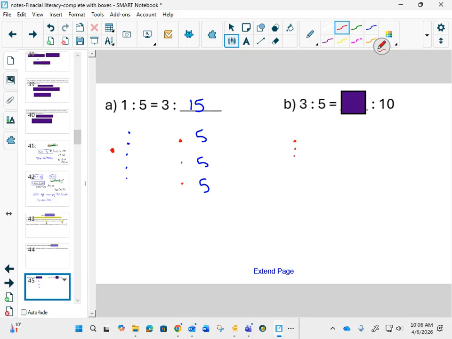3 red means you would have 5 blue. And over here it told me I have 10 blue. How many reds have to be there to make it that ratio the same? For this one, 3. For this one, there's going to have to be 6. That's a good visual. That's what the ratios are meaning. 3 of this one is to 5. So then 6 of that one is to 10. Okay? And we have ratios